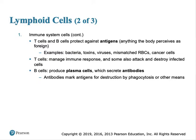So the two cell types that are involved in this are called T cells and B cells. T cells essentially manage the immune response, and some also can attack and destroy the infected cells. And B cells are going to produce plasma cells, which make antibodies. And these essentially are special little tools that mark the antigen for destruction by other parts of the immune system,